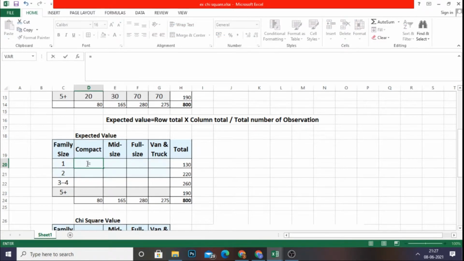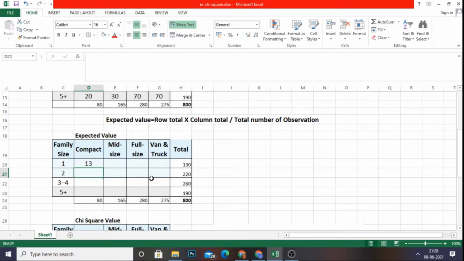Just going with the equal to symbol. Going to select the row total here, multiplied by the column total divided by the grand total, giving enter. That's it. I found the expected value for this particular row and column.